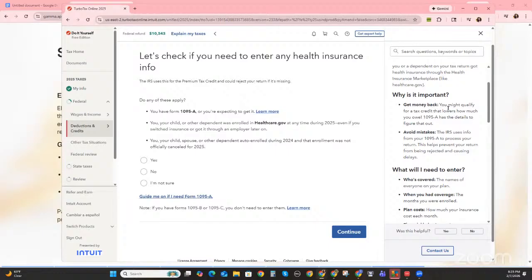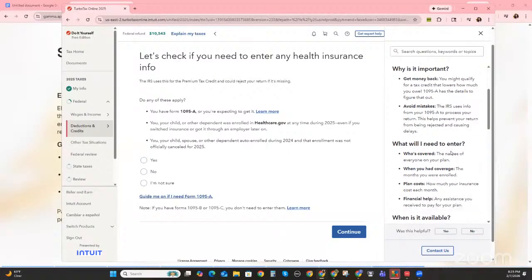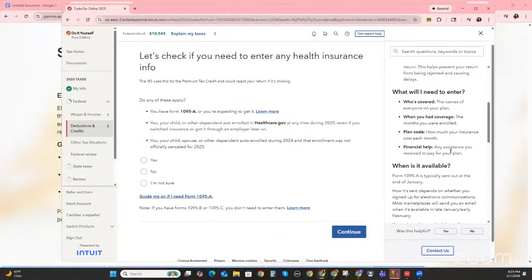Get back money you may qualify for as a tax credit that lowers how much you owe. A 1095A has the details to figure that out. Avoid mistakes. The IRS uses info from your 1095A to process your return. This helps prevent your return from being rejected and causing delays. Because like I told y'all, if you don't have this, the IRS has like a database with everybody's social that has